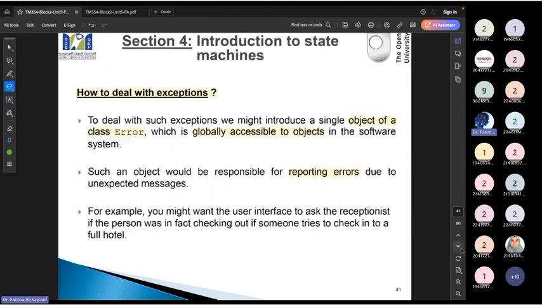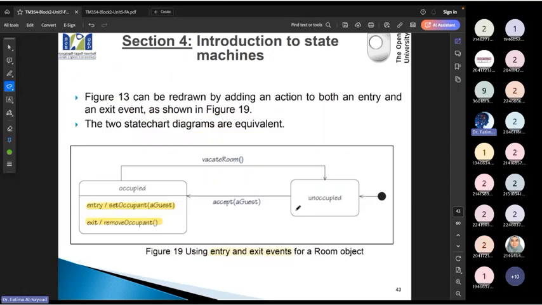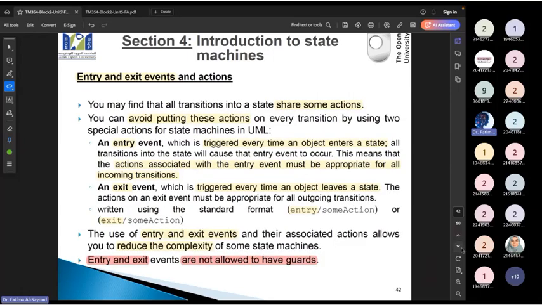So how are we going to represent this? We're going to create a class. اسمه ايش؟ اسمه error. And then we're going to have an object representing that error to report any error that is going to occur. Okay? We don't have an example on it here, but this is what you need to know. That's how you're going to represent it.